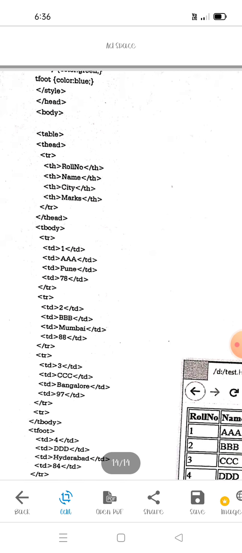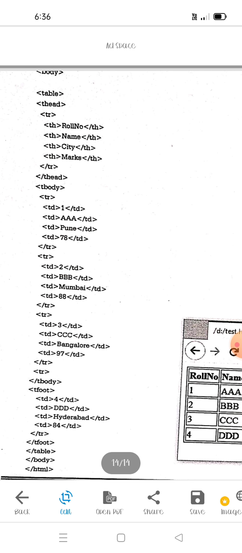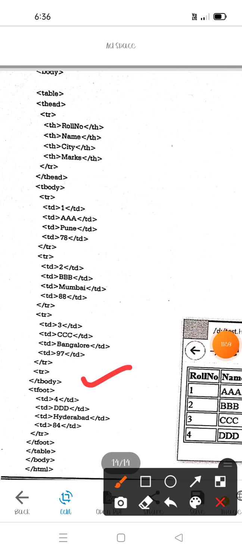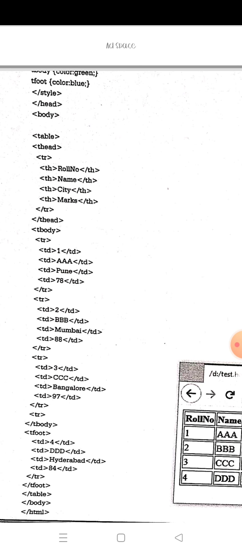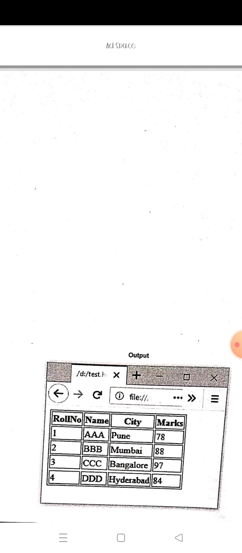Okay, then next we'll come to the table footer. For the table footer we are giving the fourth, that last row, that is roll number 4 and name DDD, Hyderabad. This is displayed with which color? So for the tfoot we have given the blue color. So you will get the output like this.